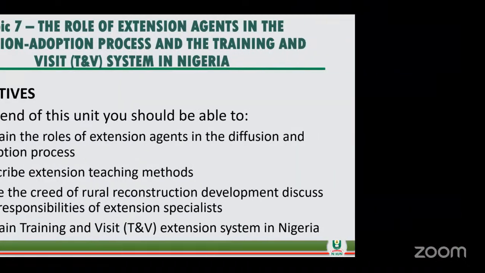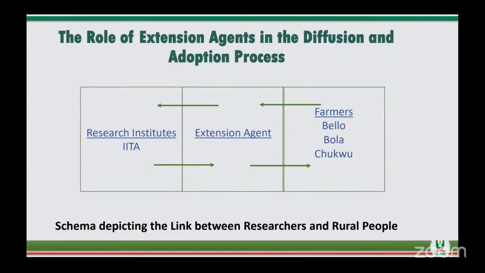All right. Okay, let's go. Now take a look at your screen. Those that started this facilitation session with us. Of course, you know, extension is taking information or knowledge from where it is domiciled to where it is needed. Now, if you look at this diagram carefully, you realize that the extension agent is at the center. The role of the extension agent in the diffusion and adoption process is just according to how you see the